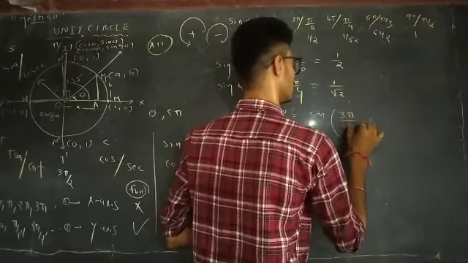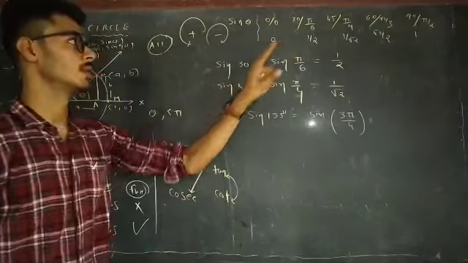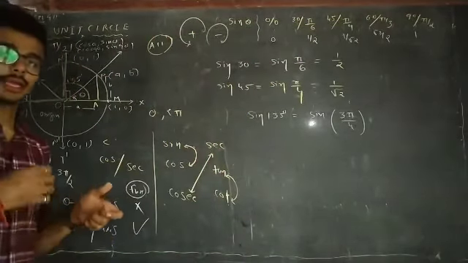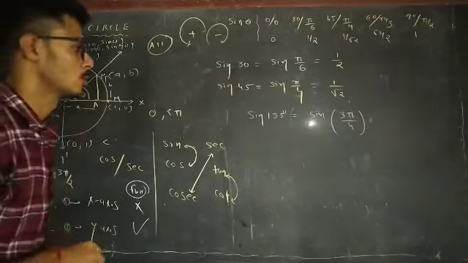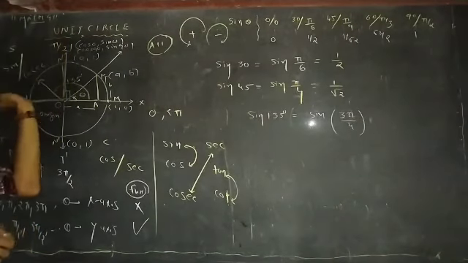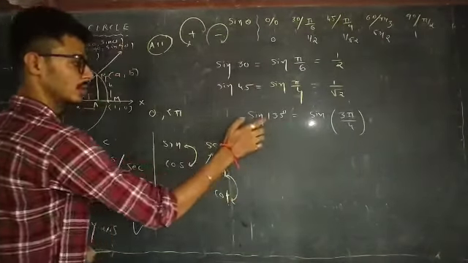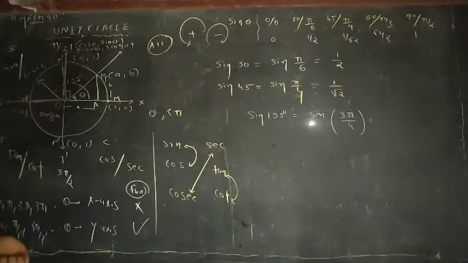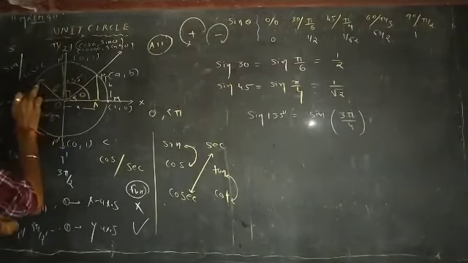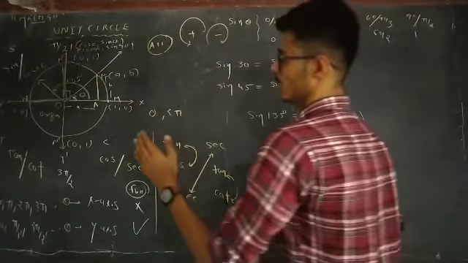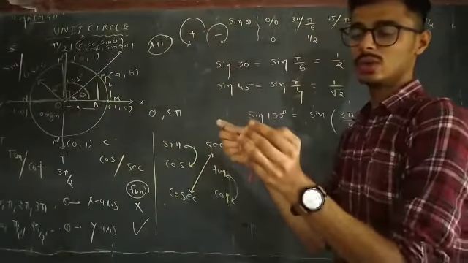So here the angle is 3 pi by 4, which does not belong to 0 to pi by 2. So we have to convert theta into 0 to 90. You can take the y-axis and also the x-axis. 3 pi by 4 means 135. Over here is 90 and it is 180, so theta is lying in the second quadrant. Here the degree is 135. We have to convert the 135 into 0 to 90.